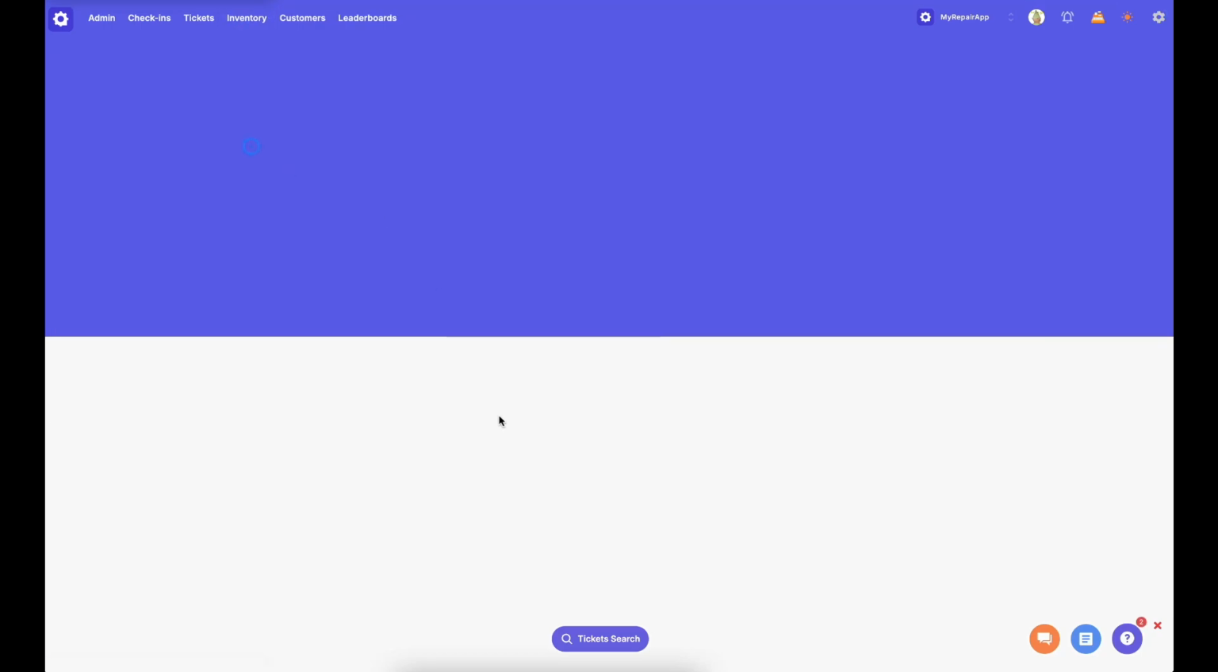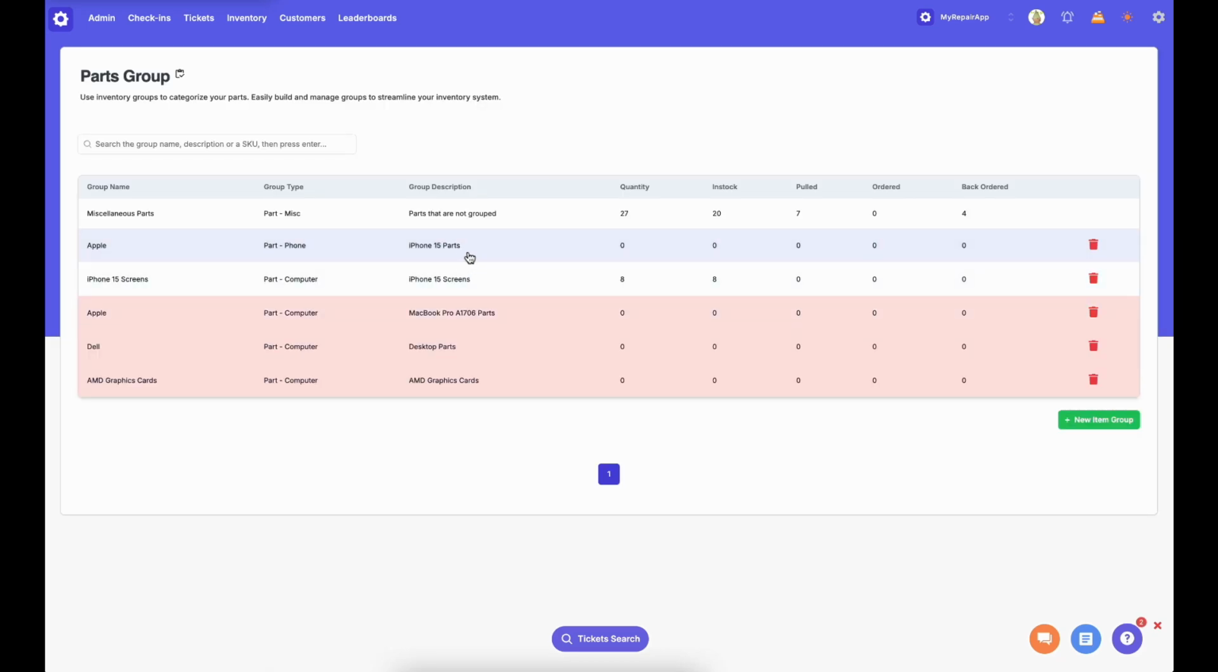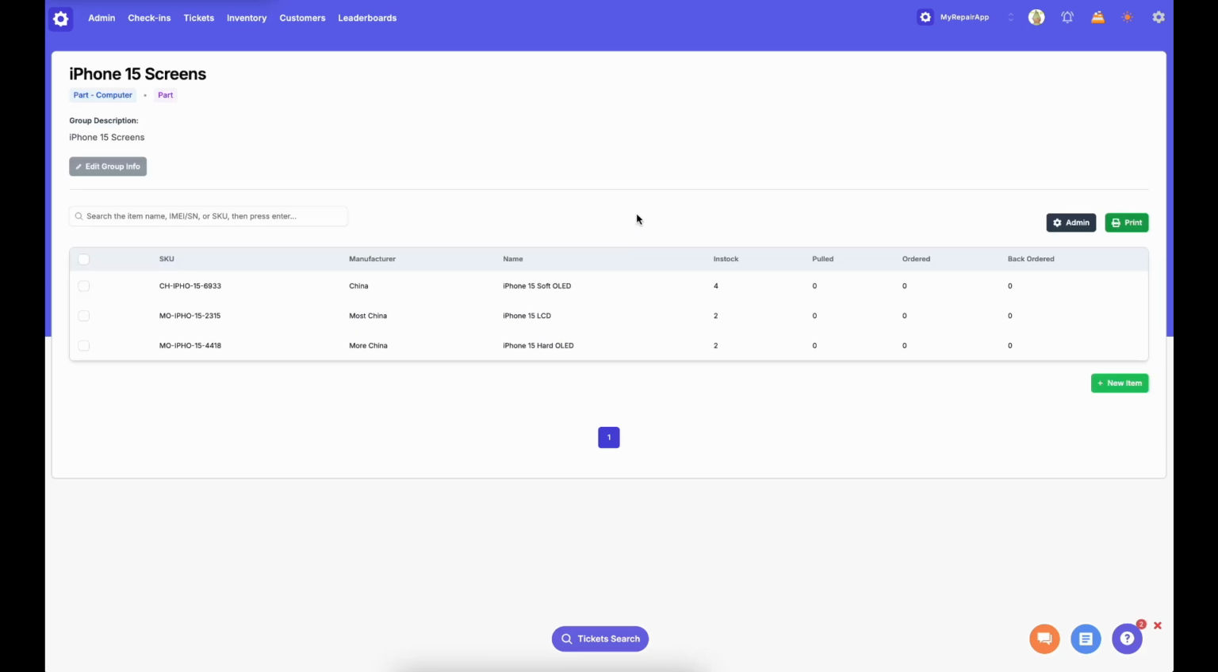So you can decide if you want to get granular with 15, just the screens or parts or screens, and then have a separate one for charge ports. You can have Dell desktop parts, or you can have just the Apple MacBook Pro A1706 parts here. It's just a method of organization for you to organize, right? And so let's say I want to click on my iPhone 15 LCDs,